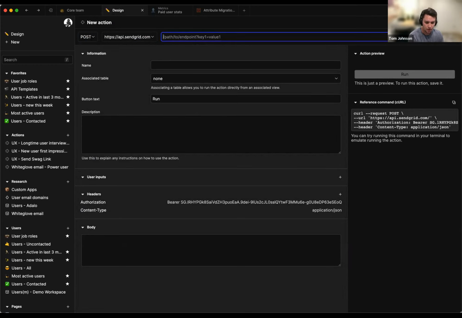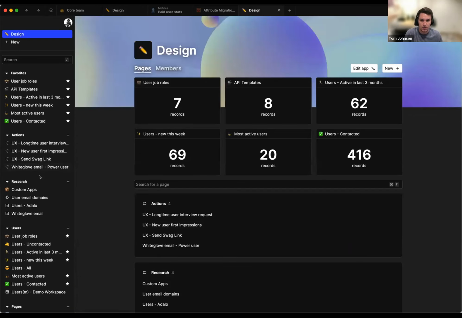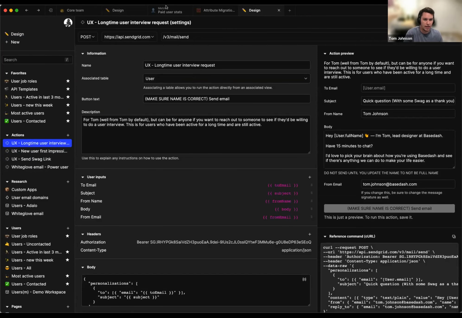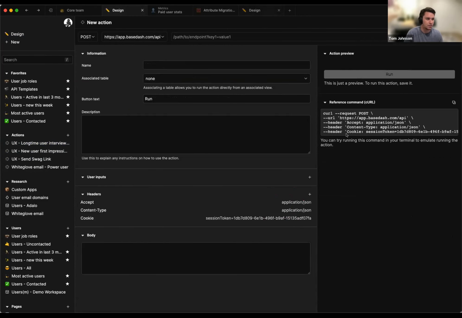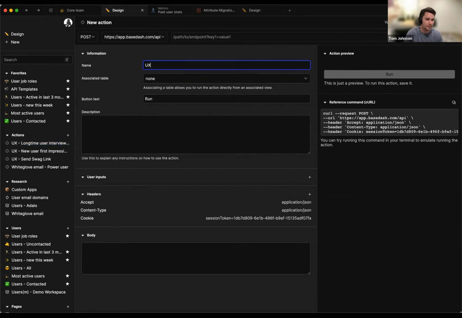So actually, the best source of documentation for me for this would be another instance of Basedash. So what I'm going to do is go to design, and I'm going to have this open in two tabs so that I can do this. All right, so I would call this, I prefix it with UX just so I have it saying hello, the